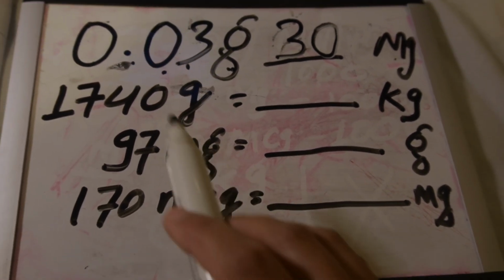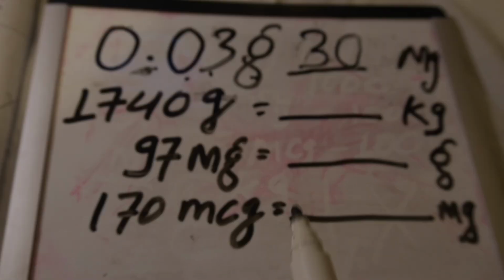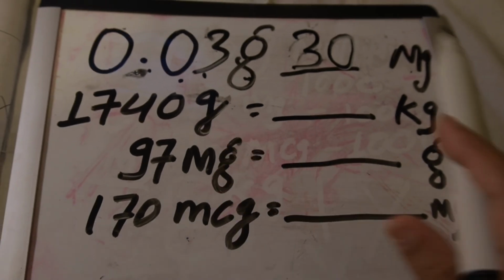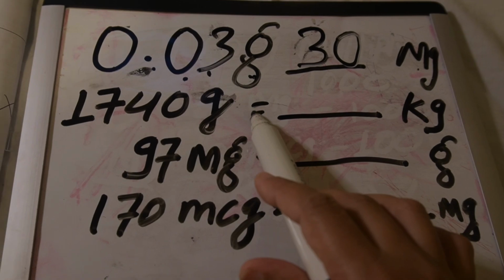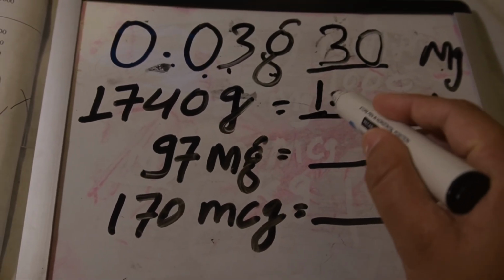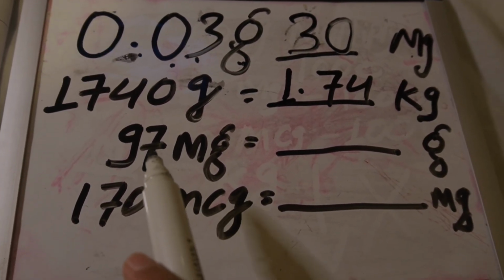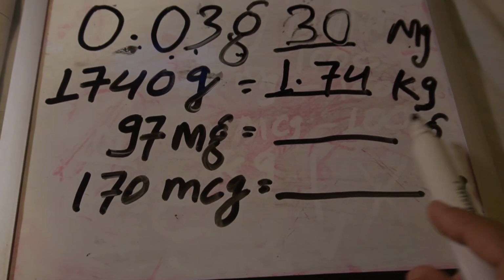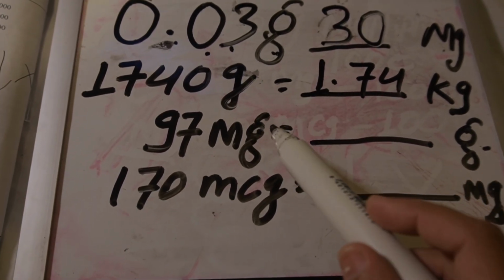The other one is 1740 gram to kilogram. Gram is the smallest and kilogram is the biggest, so we need to divide because it's going up. The answer is 1.74. Next we have 97 mg, divided into grams, and the answer will be